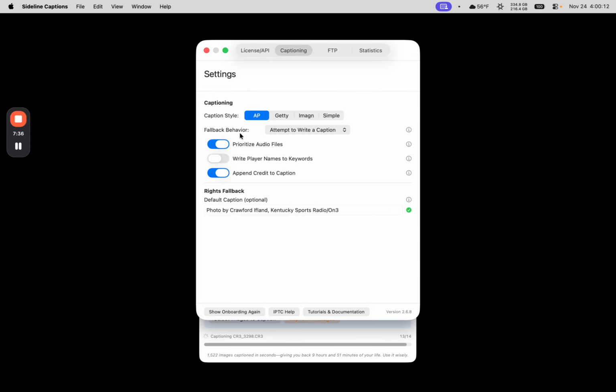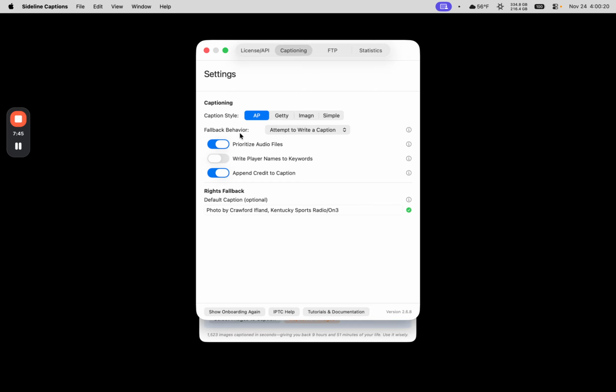When you have this option enabled, it's going to use that audio file, and it will essentially supersede whatever caption it was going to write. So that's really helpful if you want to give the AI additional context that it wouldn't otherwise already have. You can also choose to write player names to keywords for easier lookup in the future if you want to do that. And then you can choose to either append your credit as the last sentence of the caption or